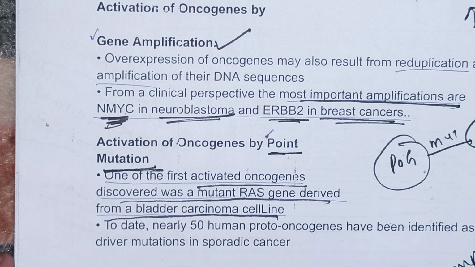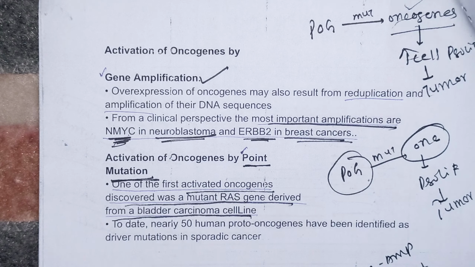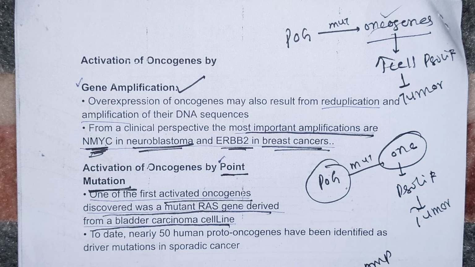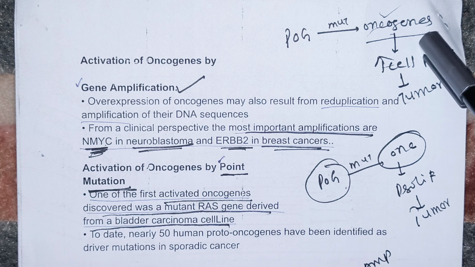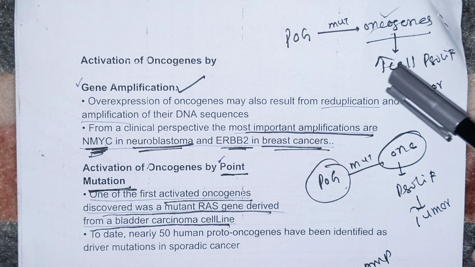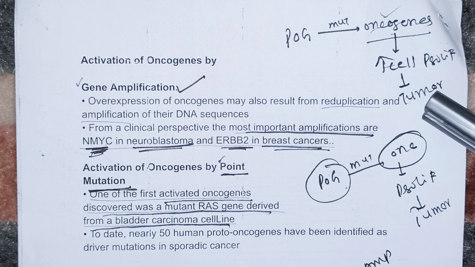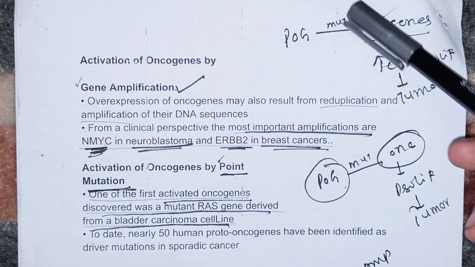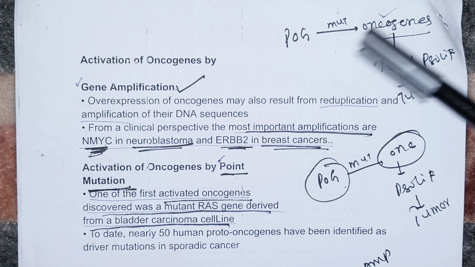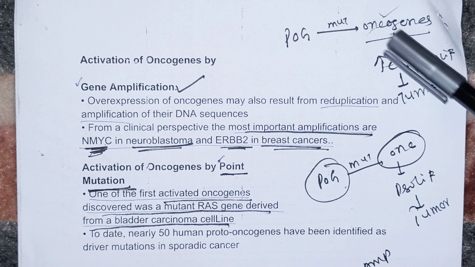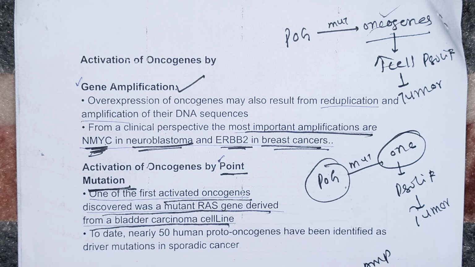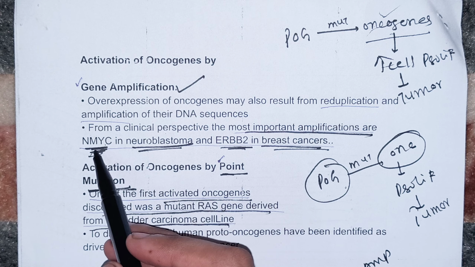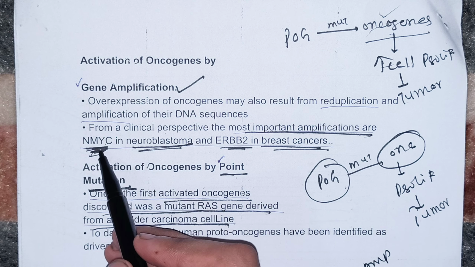One thing that I have to clear here is, I told you previously that there are some proto-oncogenes. If they get mutated, they will become oncogenes, and these oncogenes are responsible for uncontrolled and increased cellular proliferation that will lead to the formation of tumor. So what are those mutations that occur in the proto-oncogenes so that they become oncogenes? I have told about this previously, that they can be gene amplifications, point mutations, and chromosomal translocations.